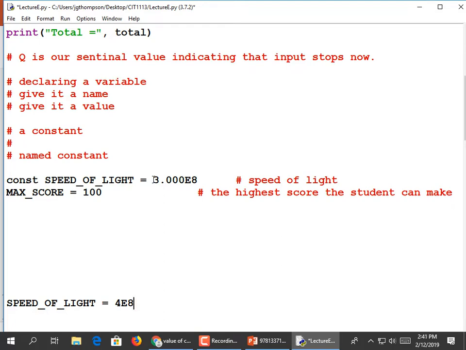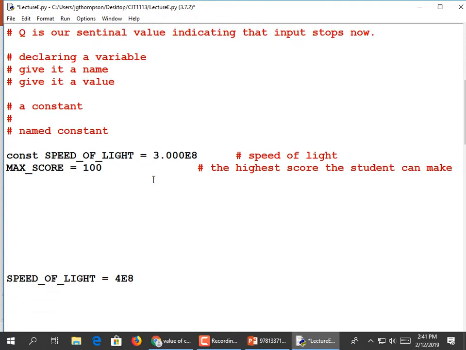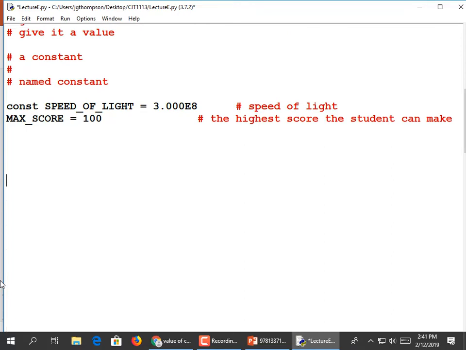So, in order to indicate that we should treat this as a constant, even though there's no such thing in Python, we have a gentleman and gentlewoman's agreement: type it all in uppercase. And that means that it's supposed to be a constant, meaning that you, the programmer, should not change it later. Now, it's unlikely that I feel like I need to change the speed of light every time. But maybe I think that, okay, I'm going to be writing a program where the max score of a